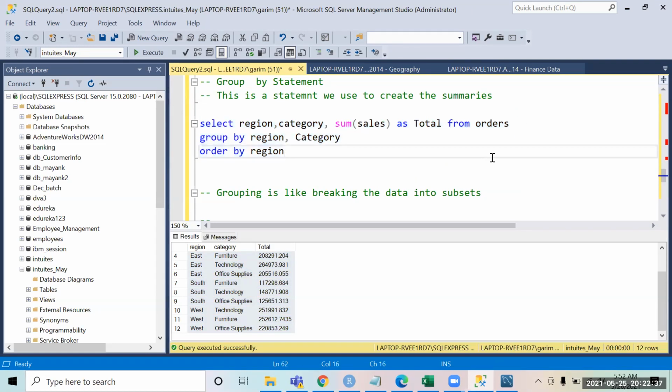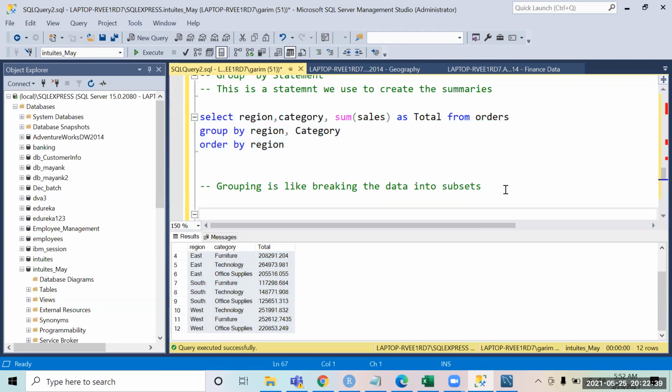Okay. So now let's write a query over here. Suppose what I want to do now is, can you quickly write a query for categories and subcategories? I would like to see the sum of sales and profit for each category and subcategory. So basically, at subcategory level, I want to see what was the total sales and the total profit. But in that query, I should also be able to see the region, the category also, like to which category that subcategory belongs.